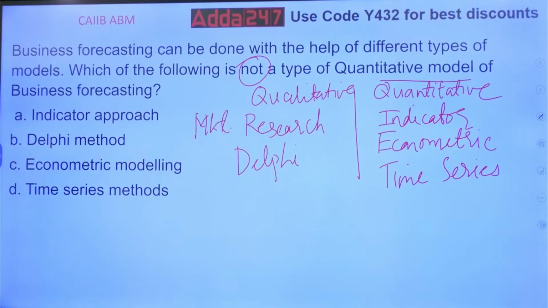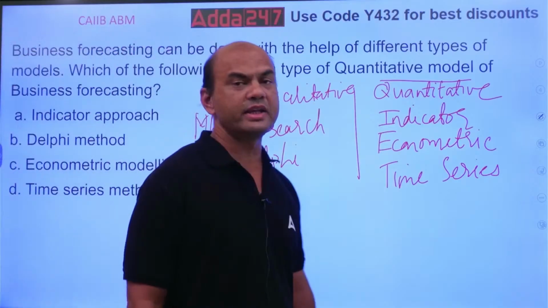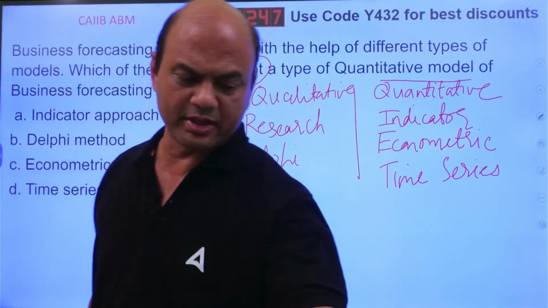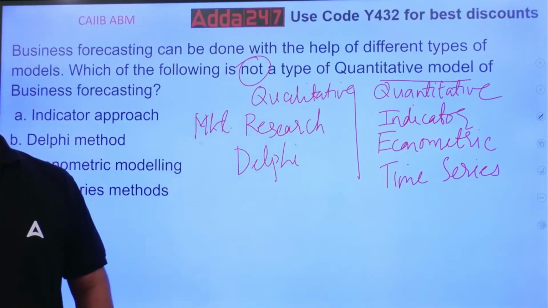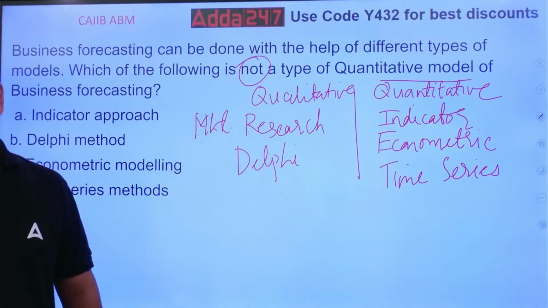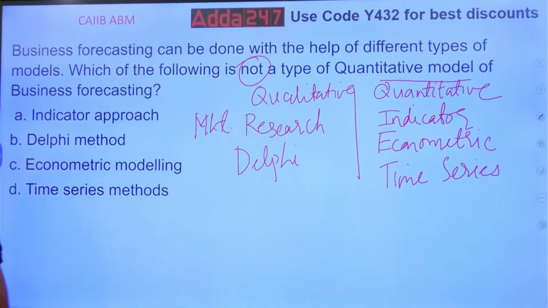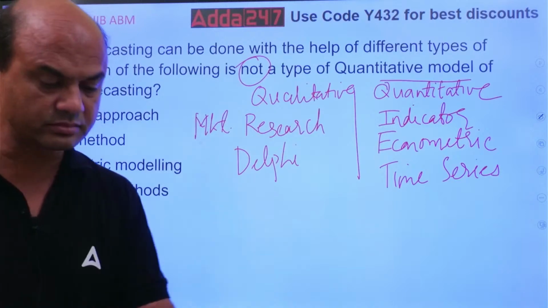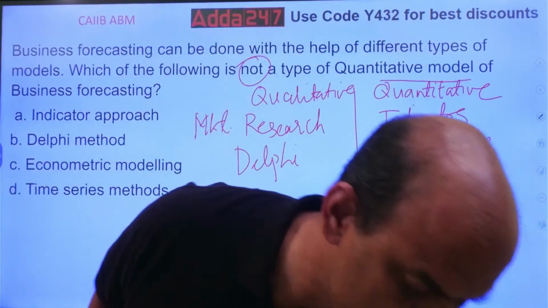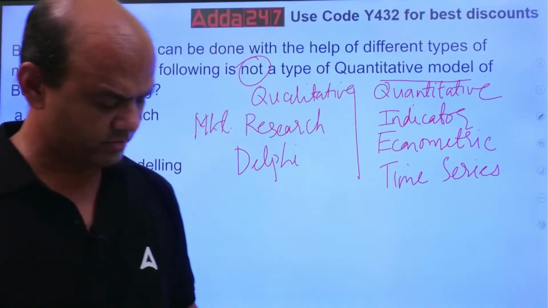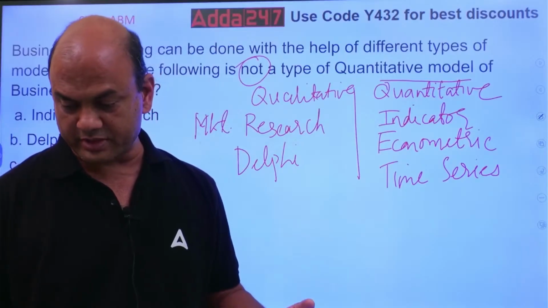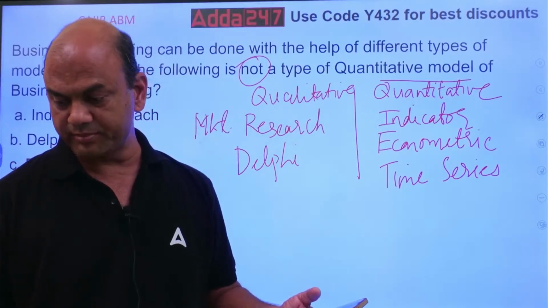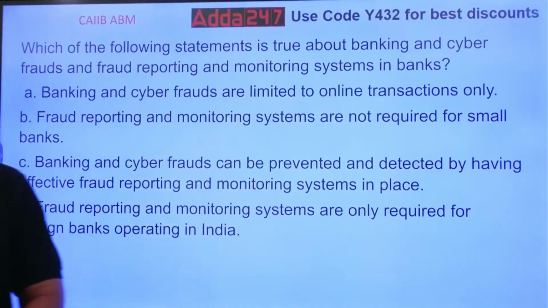Indicator approach. It gives you the relationship between the indicators, various indicators. Indicators means there can be indicators like repo, the repo rate versus your this business, or there can be an indicator for this for various models. Okay. So now next one.